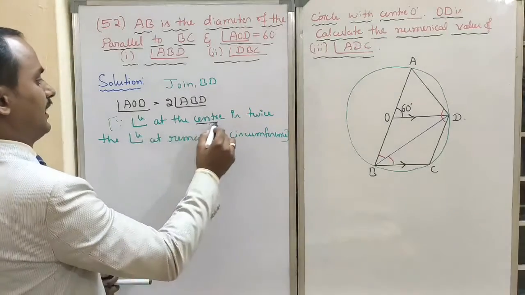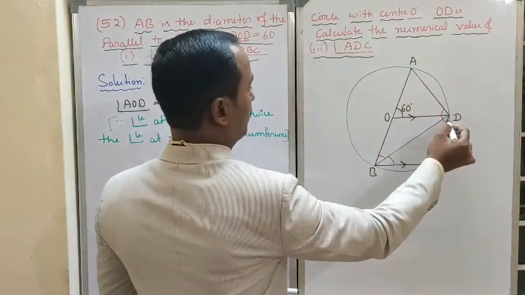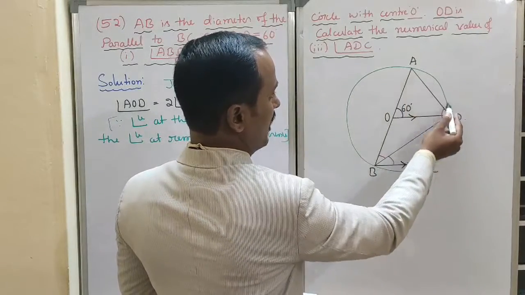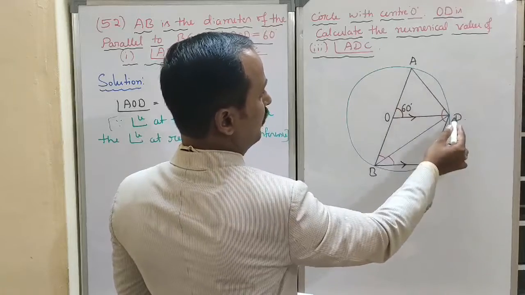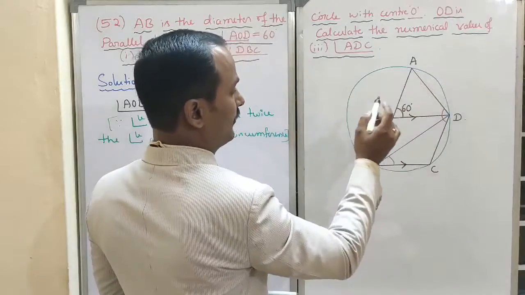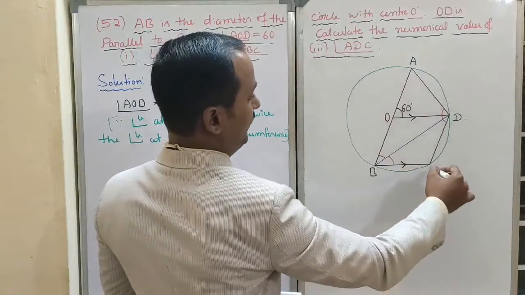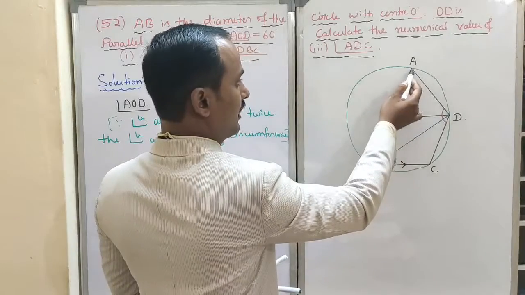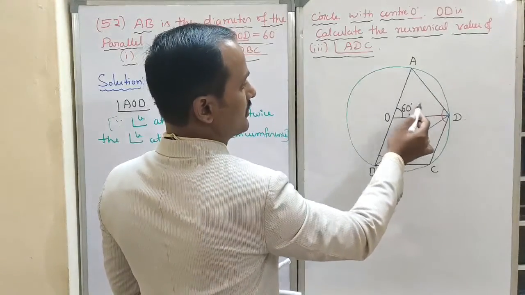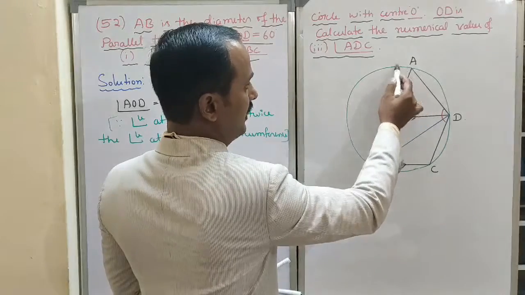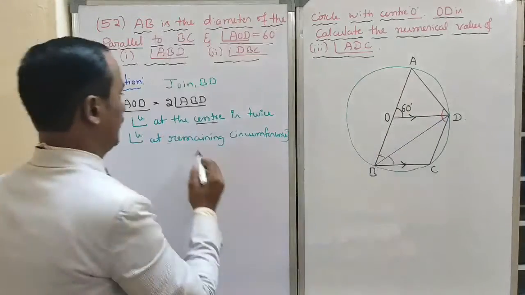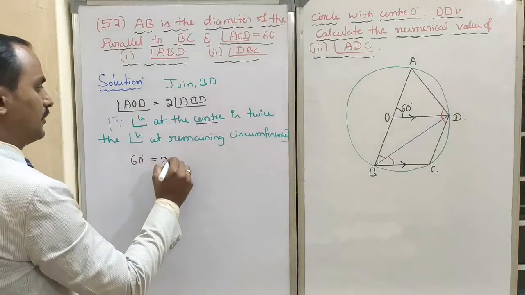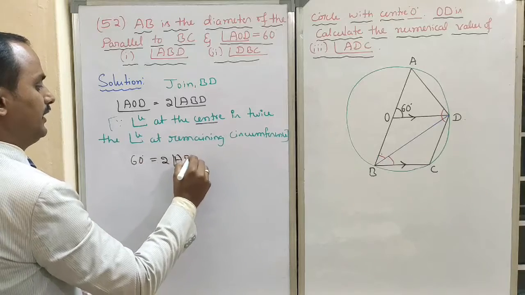Angle at the center means AOD. Angle at the center AOD is twice the angle at the remaining circumference. This is an arc. Points A and D divide the circle into two arcs, two parts of the circle. AD is one arc, ABCD is one arc. Understood? See, this arc means the arc AD, chord AD. The angle subtended by the chord at the center is twice the angle at the remaining circumference. Okay. See, how much is the angle AOD? 60 degree is equal to 2 into angle ABD, children.